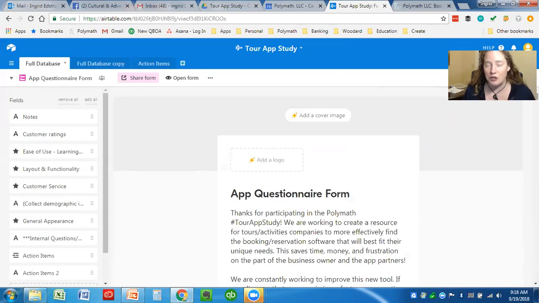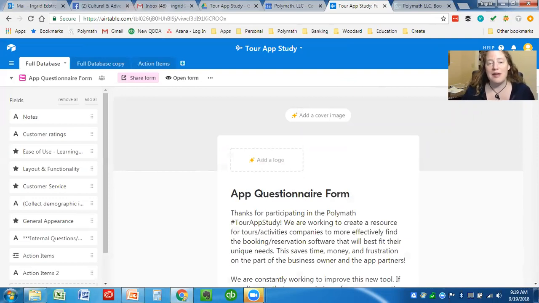They are not value-based. So it's a simple, do you have a feature or don't you? Yes or no? And they can say, this is how we do this thing, and then let you, the tours and activities companies, determine if that's what you need for your company. It's not a good thing or a bad thing. It's just, is it a fit?